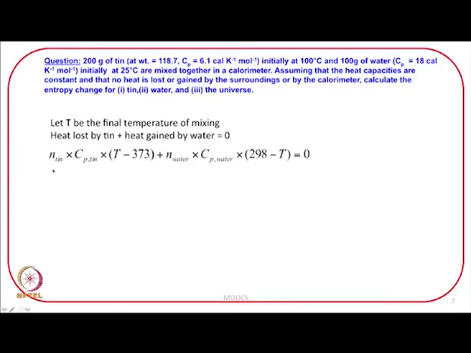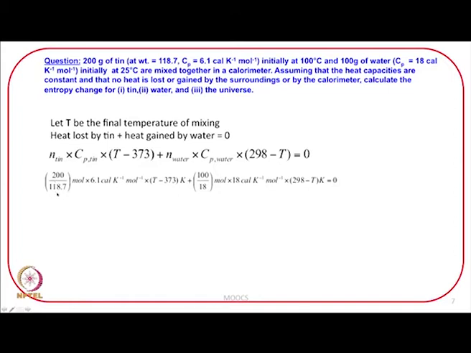So, let us use that. For tin, it is number of moles of tin, heat capacity of tin, and since tin is going to lose heat, its temperature will fall, so final temperature T minus 373. This is the amount of heat lost, plus the amount of heat gained. Here instead of T minus 298, I will write 298 minus T, because I am writing it as heat gained. If I add the two, that has to be equal to 0, and once you substitute the numbers,